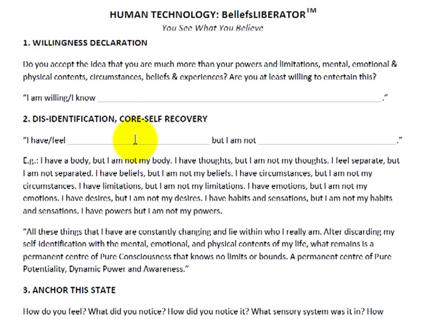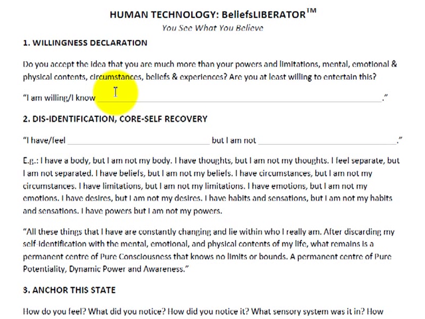So I'm just gonna go real quick over it. We're not gonna read every single sentence. This is just to give you an overall idea of what the concept is. So at the very beginning, what you do is you literally open your mind. You declare. Your declarations are very powerful. You declare that you are willing to accept the idea that you are much more than your